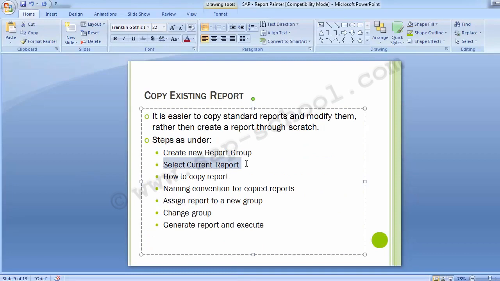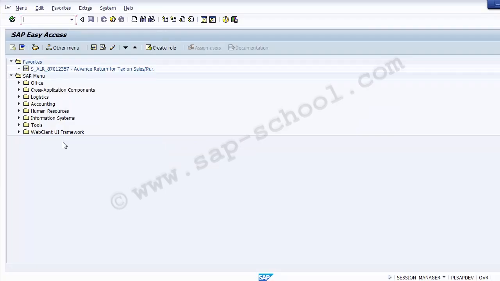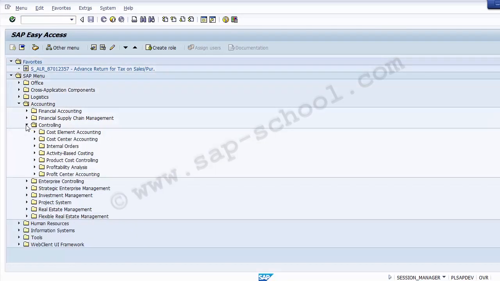to select the current report which we need to copy. So first we need to select a report. Let's see what report we can take. Let's move on to the accounting and select a report. So the report which we will be taking up